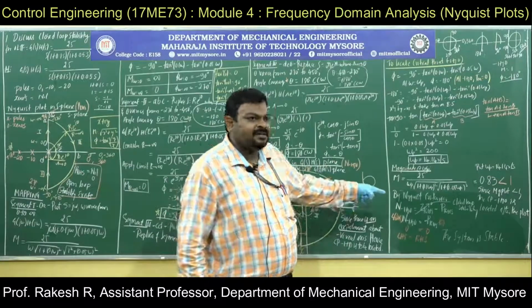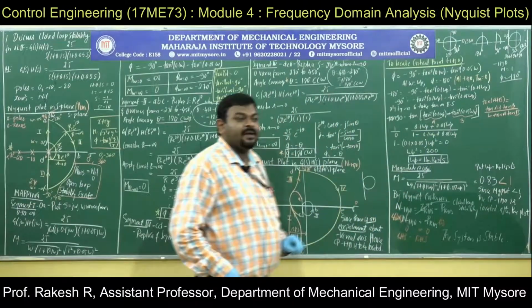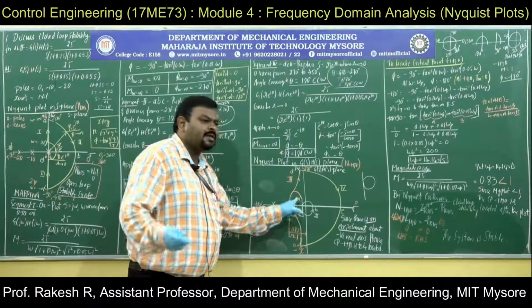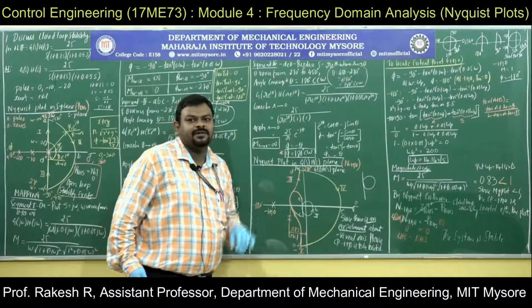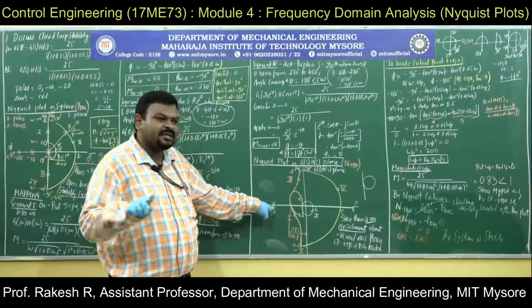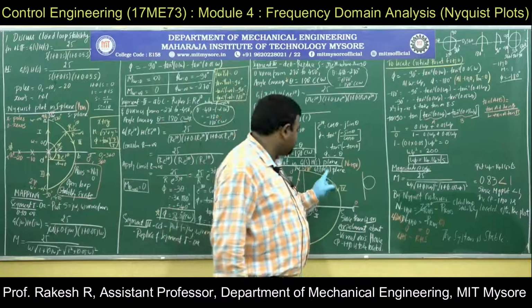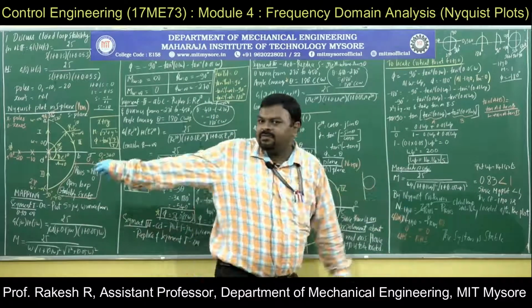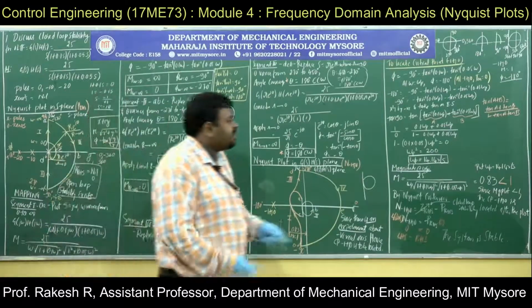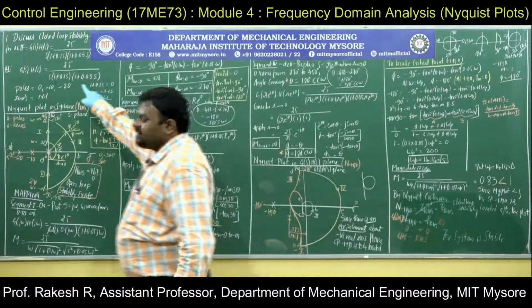I explained the interpretation for that. Since it has a magnitude less than 1, the critical point will be located after the plot, because this value is greater than 1 and this value is less than 1. Obviously, it should be after the plot. The critical point must be after the plot. With the same interpretation, after the plot there is no encirclement here. Hence, encirclement about the critical point minus 1 plus j0 in the G(s)H(s) plane will be equal to 0. P_RHS we found to be 0. LHS is equal to RHS. The system is stable.